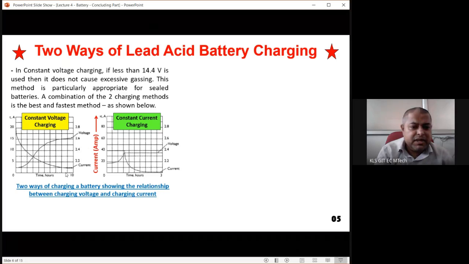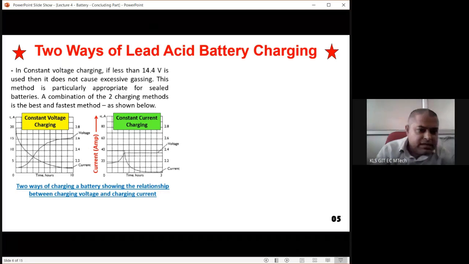How much is the rate? So here this side is the current. Here it is 2.2, here it is 2.4. So this is 0, this 0 ampere current, and this is 2.2. So between that, maybe it's around 1.1 ampere current. So what is the starting of the charging current? The starting current is 20 ampere, it is falling to around 1.1 ampere, and the voltage in the battery is growing from 2.5 volt and is going up to around